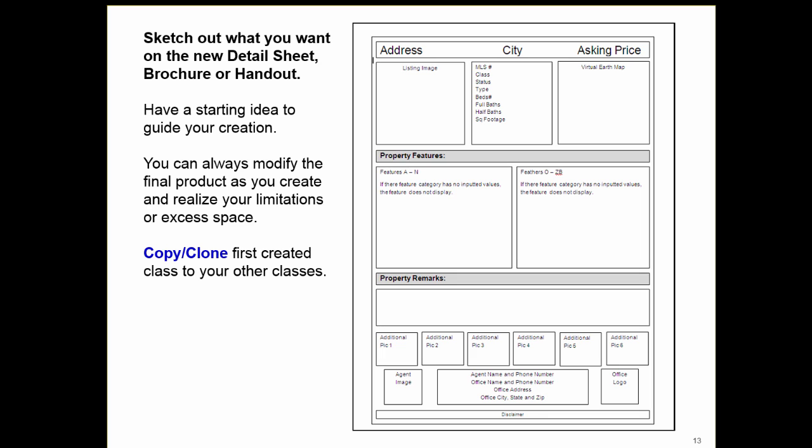And you can copy, clone. You can create the first class, like residential, and then copy that into your different classes. Or if you want, you can copy the entire report, and let's say you add a second page to it. If you're dealing with one property per page, a detail report, maybe on the first page you only have a couple pictures, but the second report could have 2 pages,